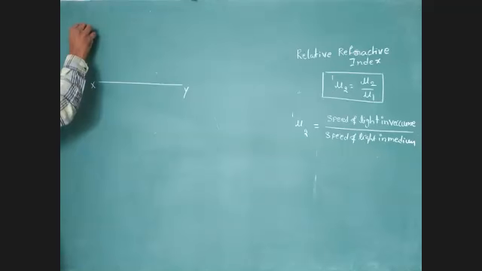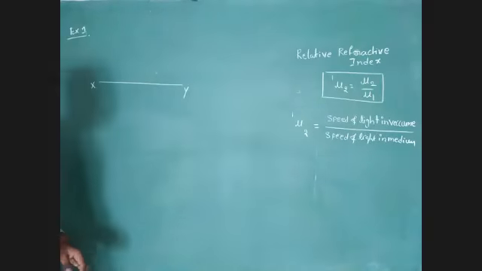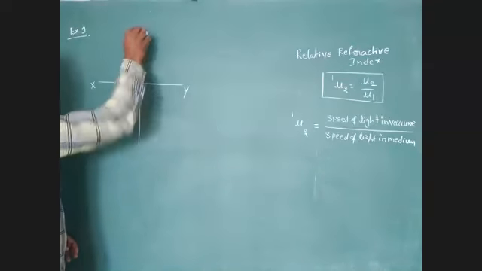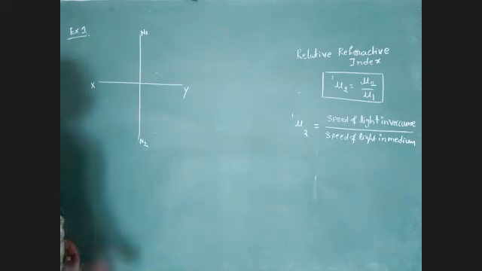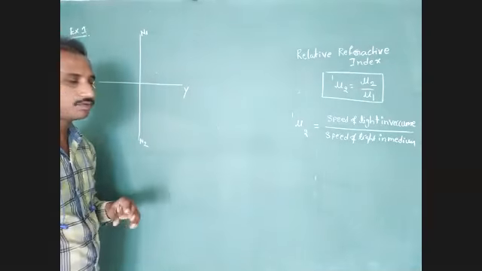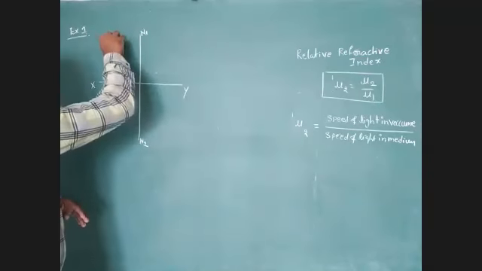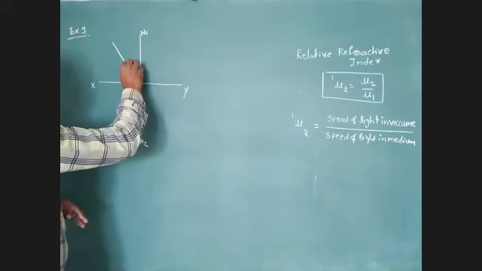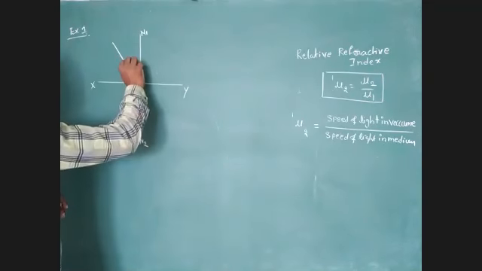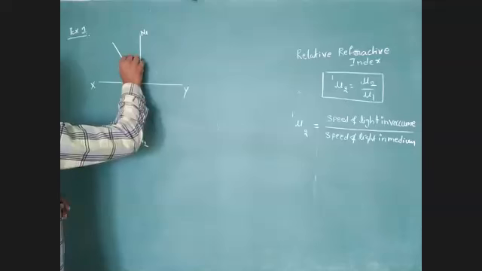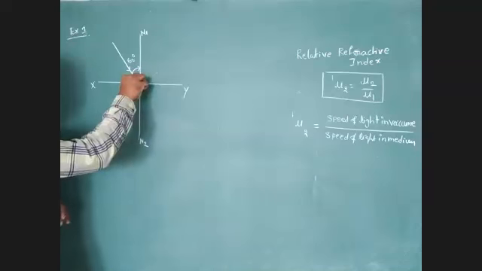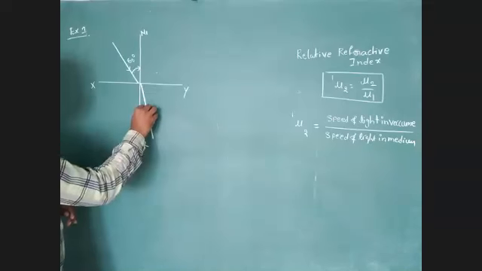Here, example problem 1. Just identify, it represents the normal, N1 and N2. Find the refractive index of the medium. So here, consider the condition. Angle of incidence represents the incident ray. The incident ray makes 60 degrees. Now we have to consider the refracted ray. The refracted ray bends towards the normal.